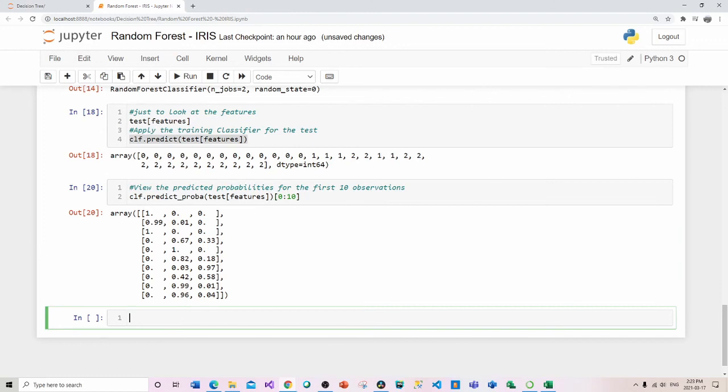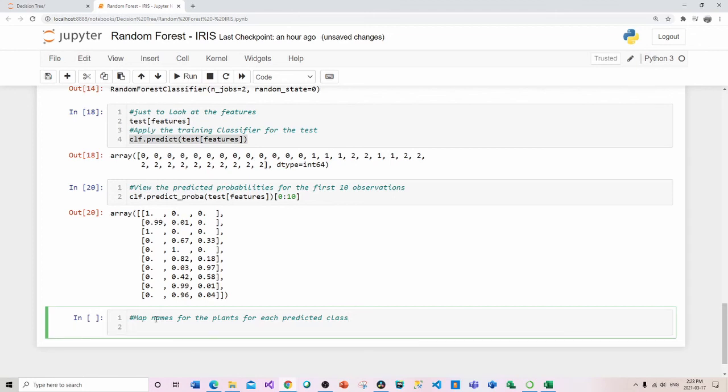So let's go to the next thing and say, let's map the names, okay? Because I can't remember what the names of these things are. So I'm going to map the names of the plants for each predicted class. And we've got Setosa. That's the only one I can seem to remember, to be honest with you. So we're going to say,